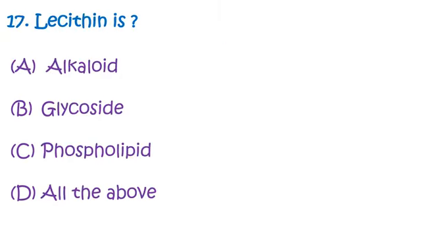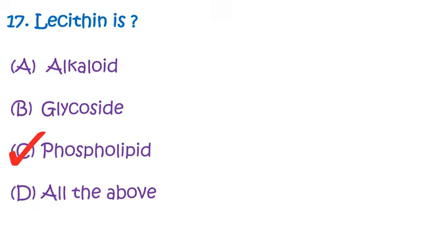Question number 17. Lecithin is dash. Options are option A, alkaloid, option B, glycoside, option C, phospholipid, option D, all of the above. And the correct answer is option C, phospholipid. Lecithin is a mixture of phospholipids, and phospholipids are the compounds that comprise phosphoric acid, a nitrogen base, alcohol,